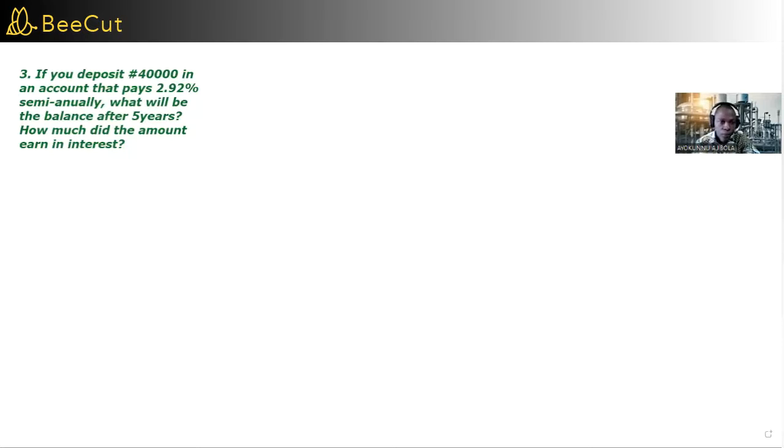So A equals P into 1 plus R over N, power NT, and the principal, which is 40,000,